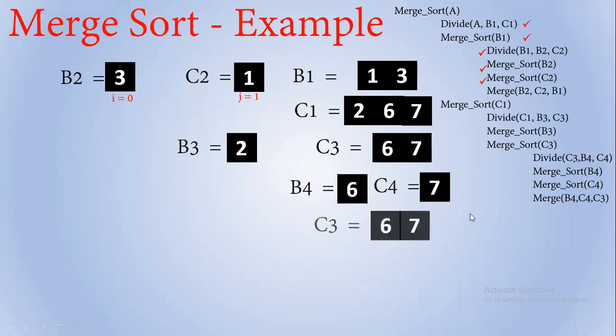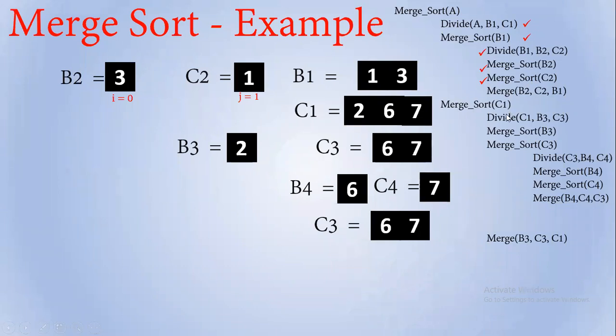So in this merge operation, I'm not going to describe how I and J are set and how this is formed. You can imagine that first I will be equal to 0, J will be equal to 0, and this is compared with this, so that C3's first element will be this one. Then this is already finished. Then the rest of the elements will be added here. So now merge sort C3 is also over.